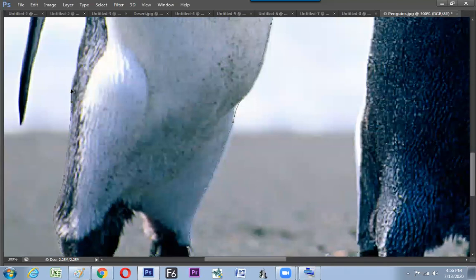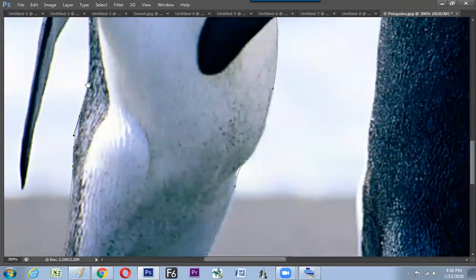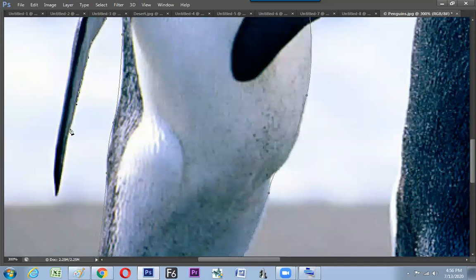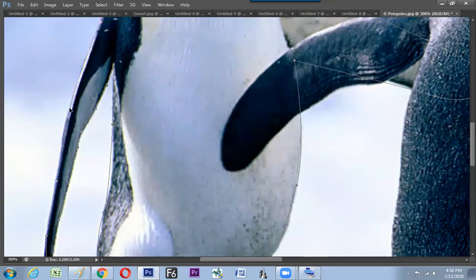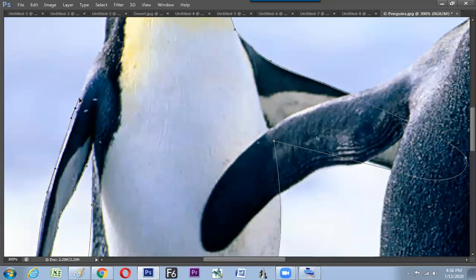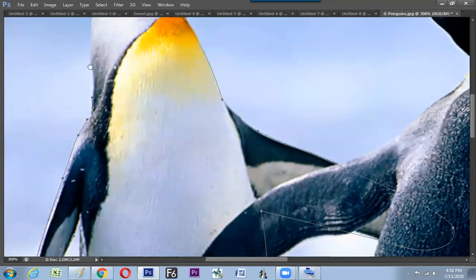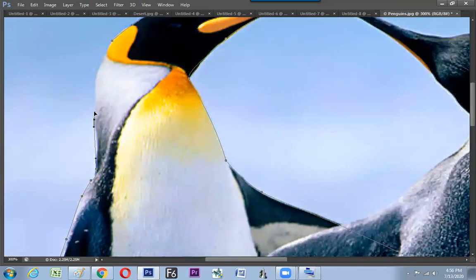Now drag to the top. Even very minute shapes could be created here because your lasso tool will get pixelated, but here the pen tool is very sharp in cutting. Let it move to the top. Hold the space bar to move the screen and close it by clicking on the starting point, finding a 0 mark.